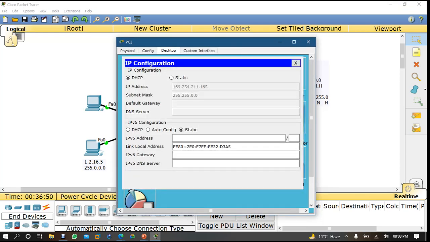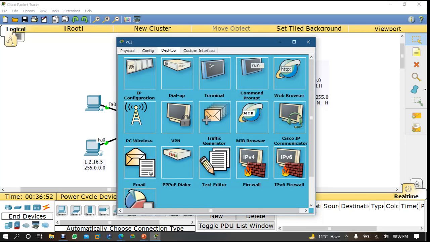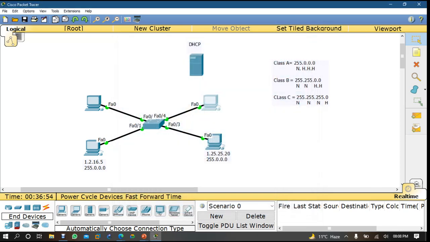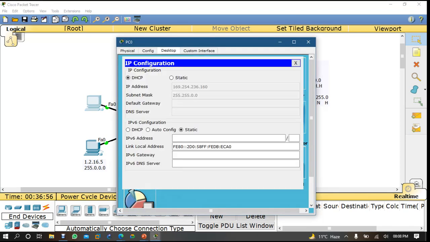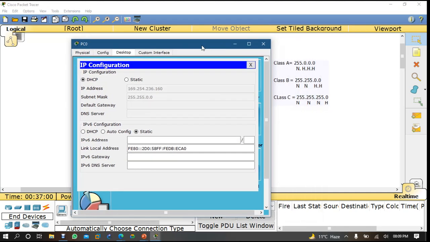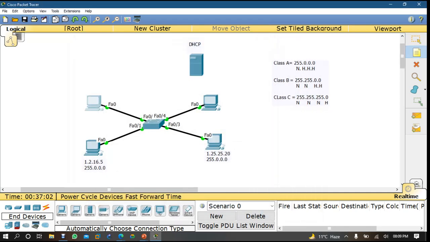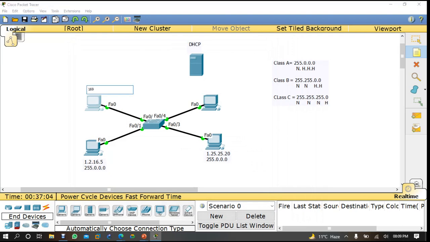Now tell me, if this computer takes this IP address, can you come here? 169.254.236.160. Okay.